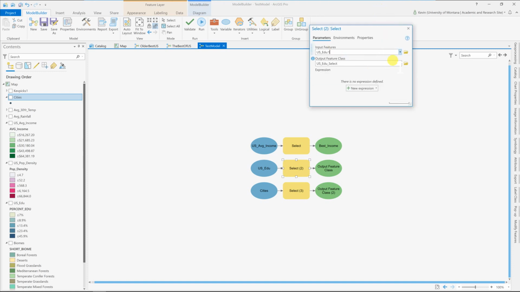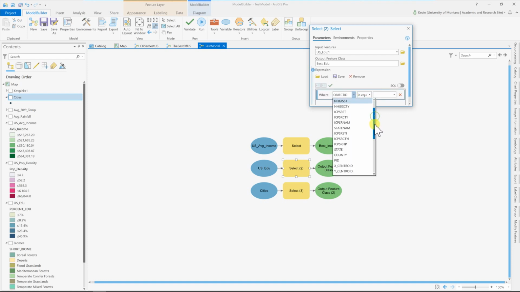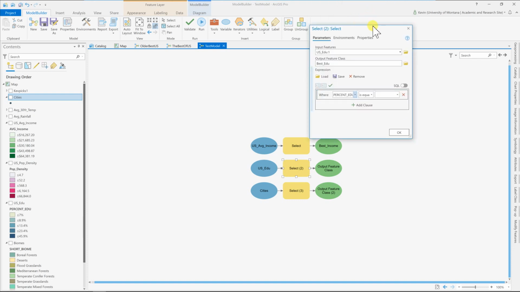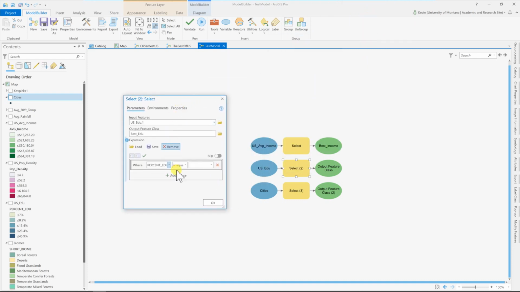All right, and I'm going to get rid of this big path and put my Scratch geodatabase in there, and this is going to be best ed U. And then we have to set an expression of some kind, and this is going to be % educated, and this turns out is, and menus are really strange right now in Arc Pro. I don't know why. And once you select what you're actually after, if you hit the little SQL button, then it allows you to build out some SQL.